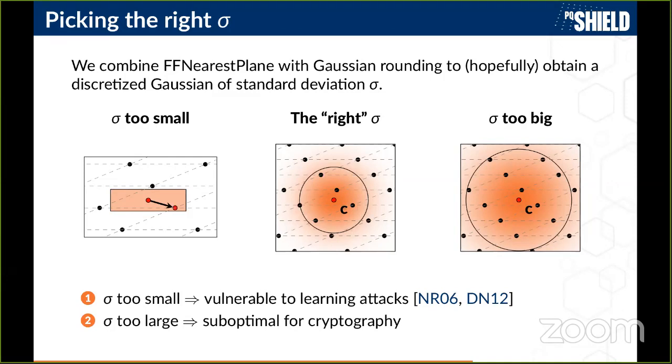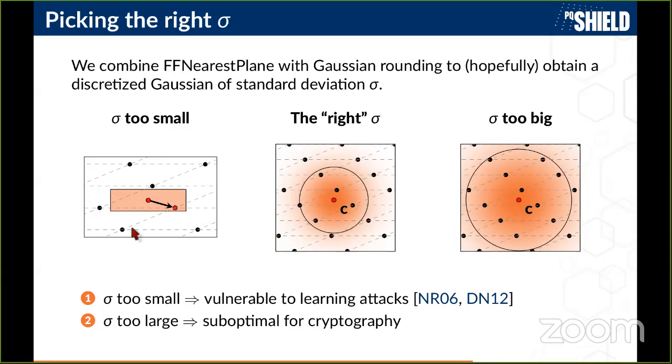Now there are two conflicting conditions on sigma. Let me explain. If sigma is too small, there is no guarantee that the output of your algorithm will be distributed as a Gaussian. In a way that makes sense, because if whatever value of sigma you take your algorithm behaved like a perfect Gaussian, then when sigma goes to 0, you would have a CVP solver. That would be very surprising, and we can see that indeed, in practice, it's not the case.